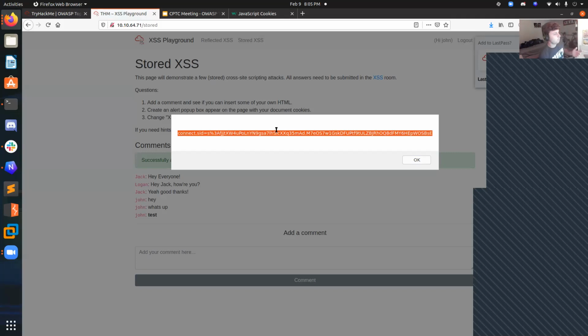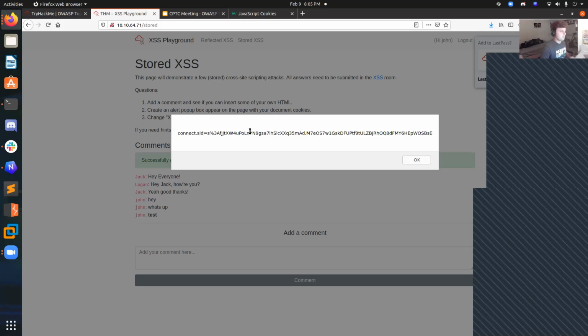That's essentially what the potential harm is. If you think about why cookies are important, or why, if you're trying to hack a website, getting the cookie is a good thing, it's because if you have the cookie, you can impersonate the user. Having a cookie is basically just as good as having a username and password, because you can just set it as your own cookie, and then you have access to the website as if you were that user. So the reason why we did a pop-up box here was just to demonstrate that we were